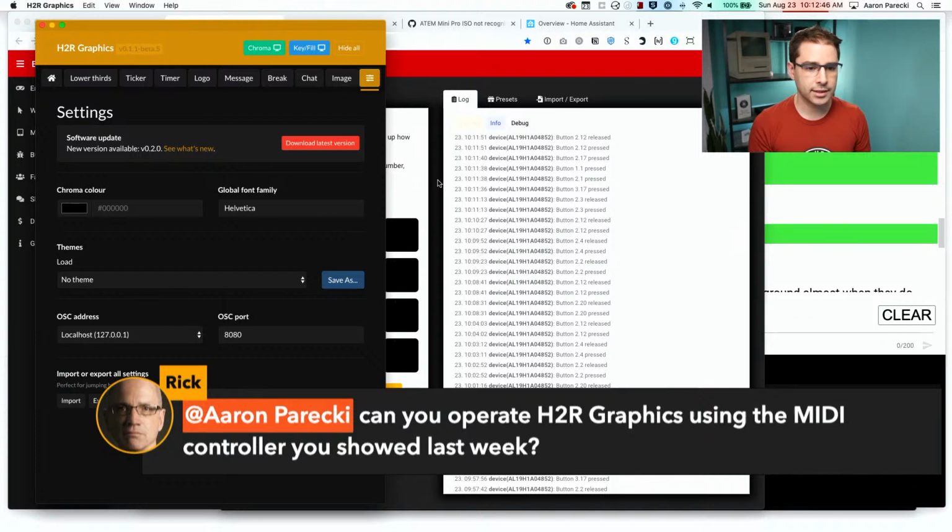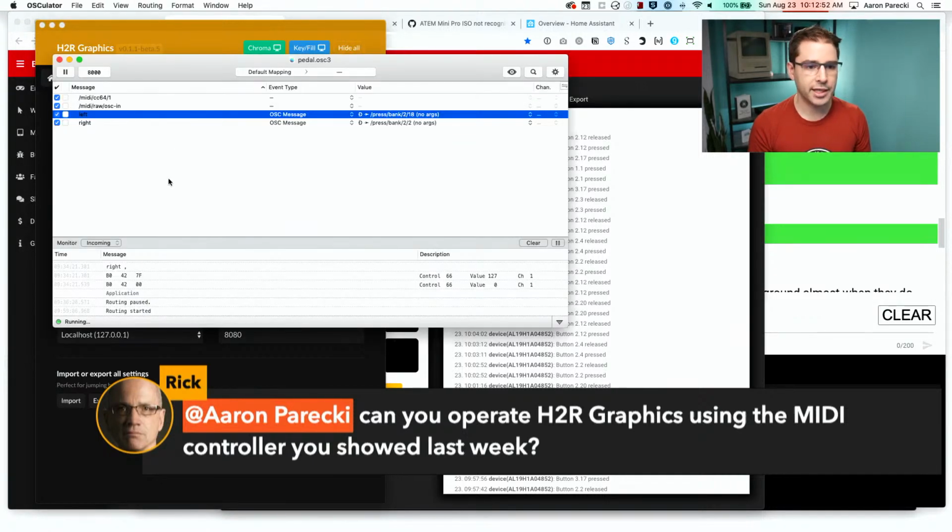So I would have to basically... Oh yeah, no, that means there's an even simpler version because I can just map MIDI presses directly to OSC commands in H2R instead of going through Companion. I was thinking I was going to make a button in Companion first to control H2R, but you can just go directly to it. So I would send an OSC message, I would have to add an OSC device.